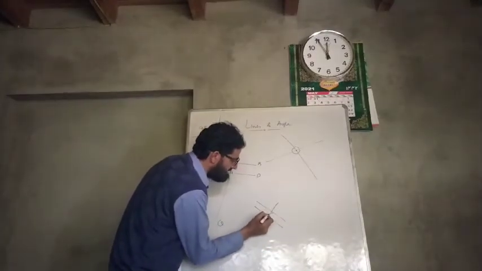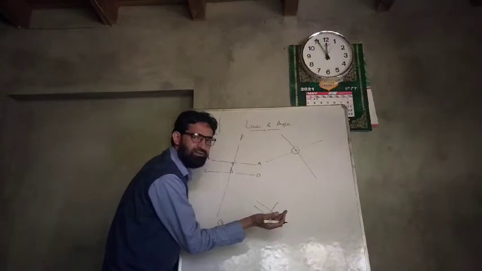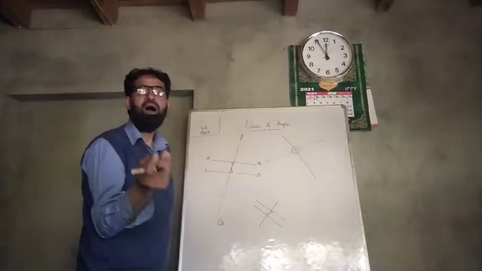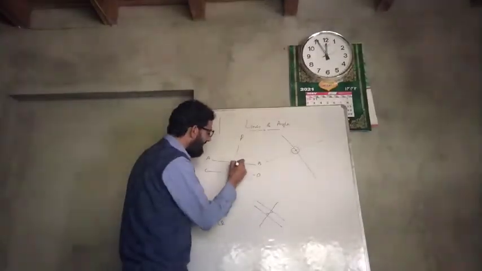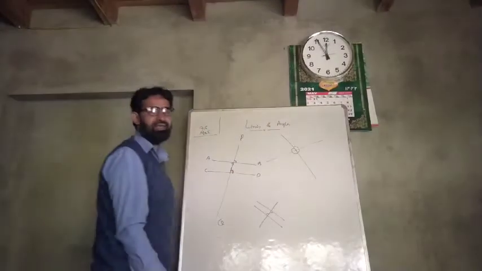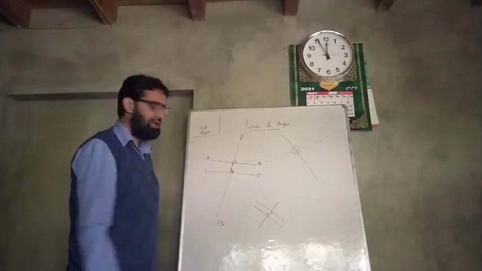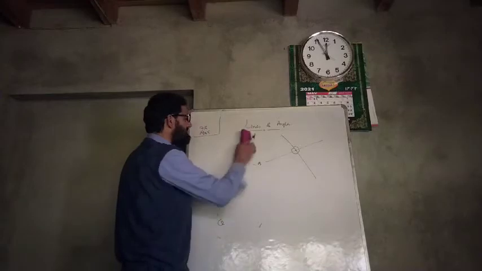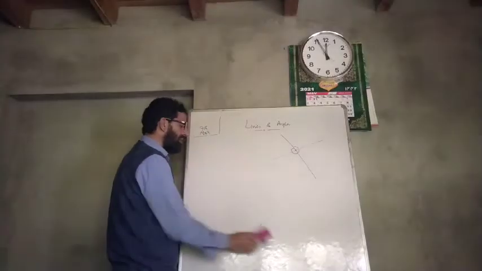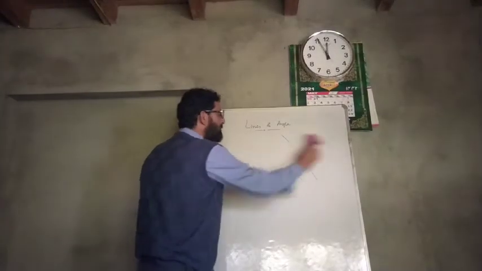This angle and this angle are vertically opposite angles, as you know. These two angles, one on either side of the transversal between the two parallel lines, are called alternate interior angles. And these are called corresponding angles. We shall discuss them in detail later: what corresponding angles are, what alternate angles are, and what vertically opposite angles are. But today my topic is that we have to prove that